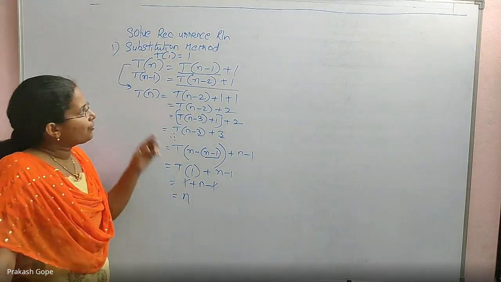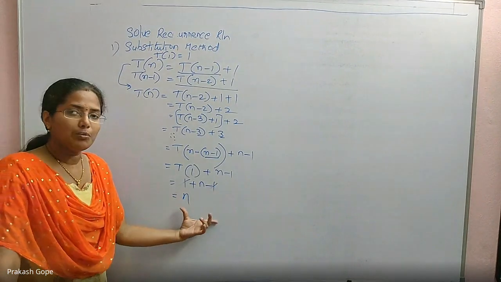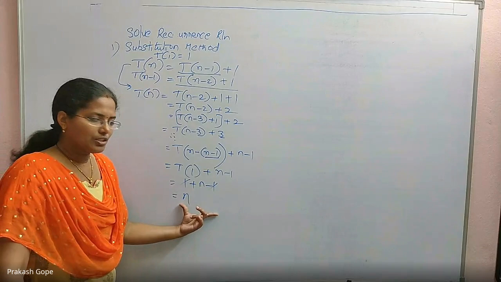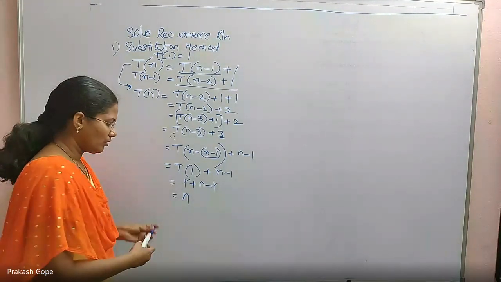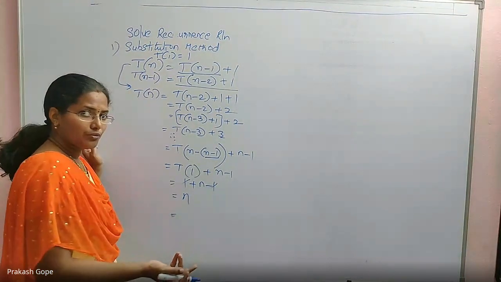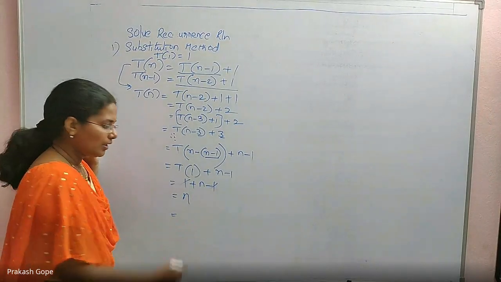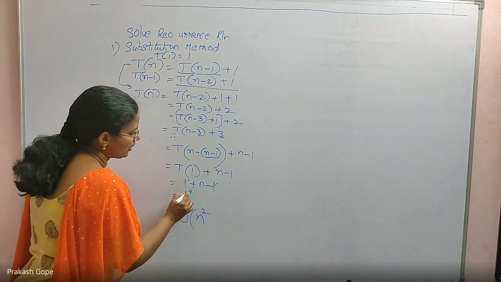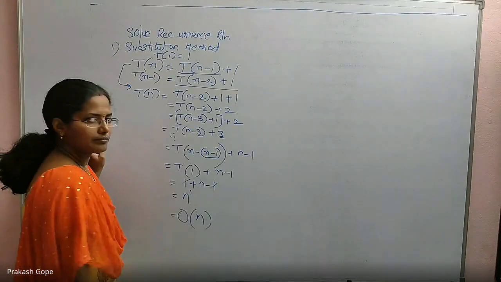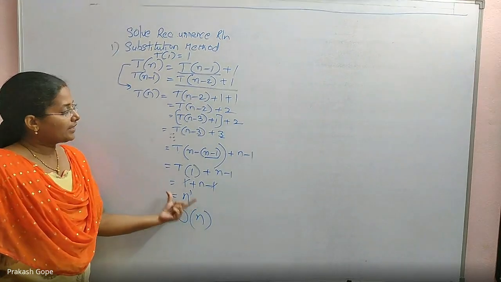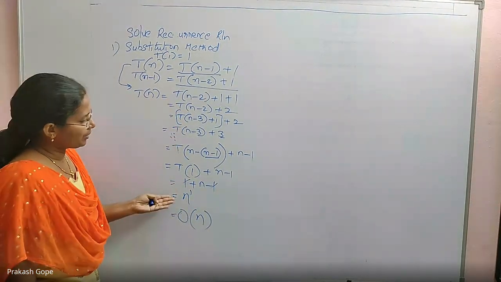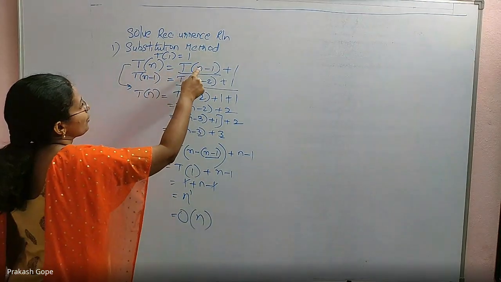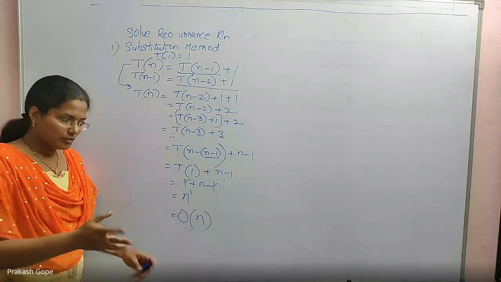Okay. So if you follow the substitution method, you will come up with the exact answer. But I am interested in the big O notation. Yes, by seeing this function, you can straightaway write big O notation. No problem. Because you know the formulas of polynomial. For example, if you get a polynomial, it is big O of whatever is the highest power, n power that. So here it is power 1. So it is n. So we'll get the exact answer if you do it. See, this is a simple mathematical one, that's why it is not taking time. But when I give you T of n equal to T of n by 4 plus n square, it will take time, no doubt.